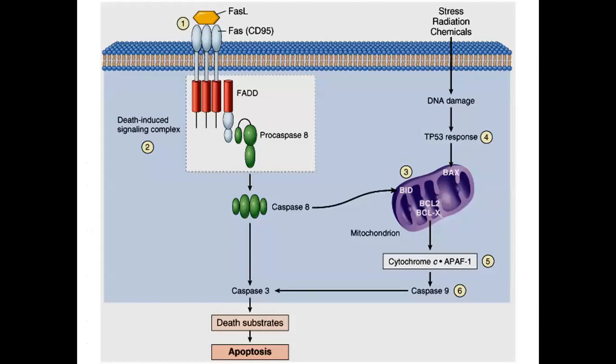هذه هنا أيضا الدايجرام يوضح لنا إنه عفوا الستريس الكيميكالز تسوي لنا DNA damage يشتغل بها البي 53 يصير عندنا ريسبونس يشتغل على الميتوكوندريا راح يحفز لنا الباكس والبي سي ال 2 والبي سي ال اكس. وكذلك انه اذا صار عندنا ارتباط الفاس لايغند تو ذا فاس ريسبتور راح يصير عندنا activation of procaspase 8 يتحول الى الكاسبيز 8 وهذا ايضا يشتغل على الميتوكوندريا ويحفز لنا the activation of caspase 9 وال8 وال9 راح اثنيناتها تحفز لنا البروكاسبيز 3 انه يتحول الى كاسبيز 3 اللي هو الاكتف فورم وبالتالي يصير عندنا death of the substrate and apoptosis.